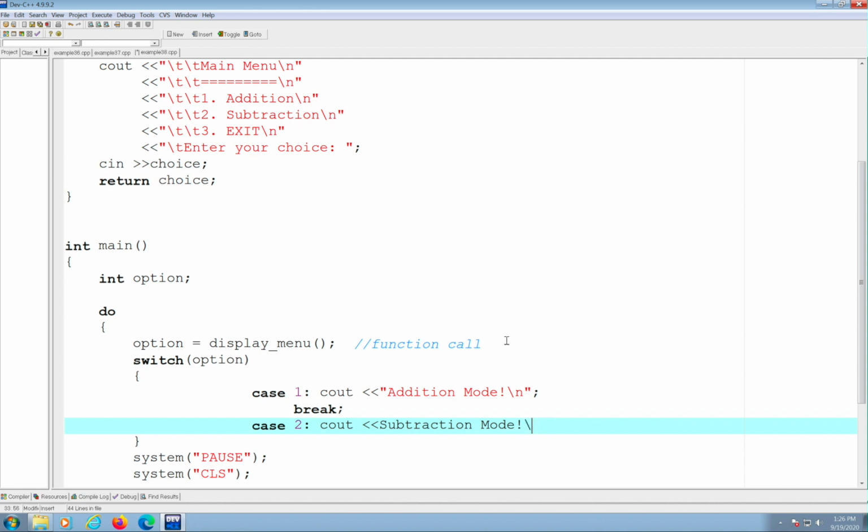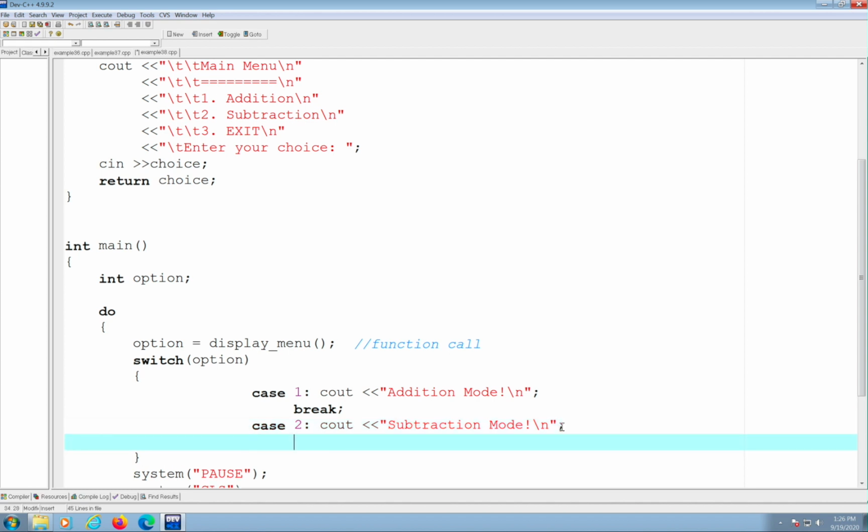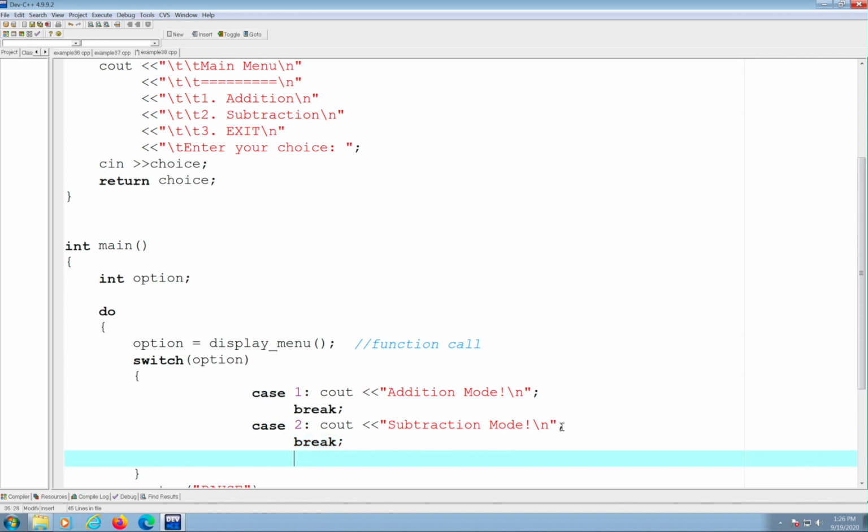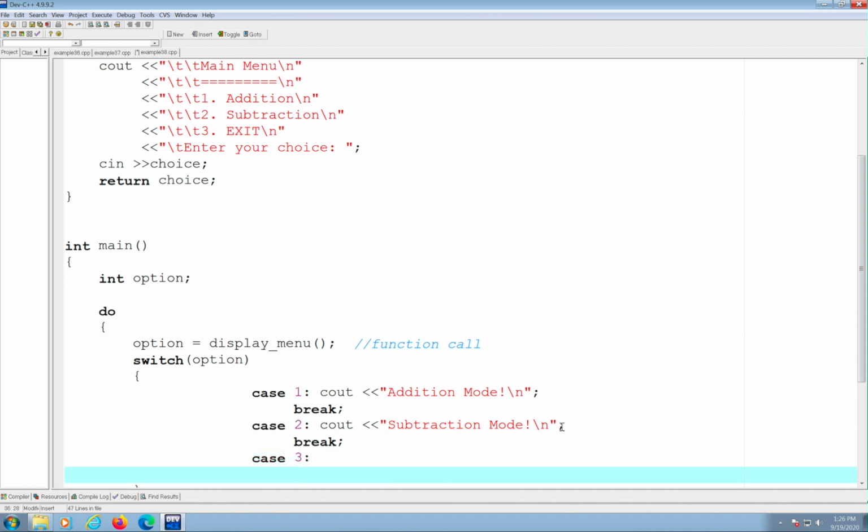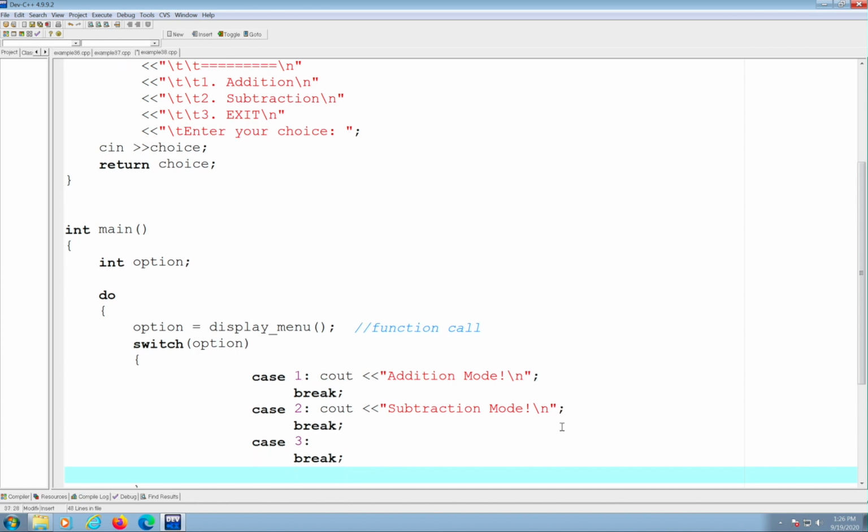I think I'm missing a quote, double quotes here. There you go. And then put a break. So for each case, make sure you put a break. And then case 3, you could skip case 3 and do a break, which means it's not a default. Notice I don't have to do anything. And then default,